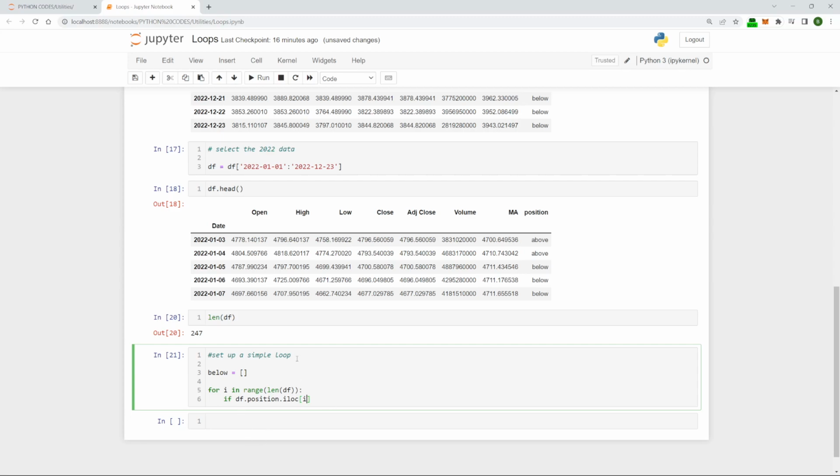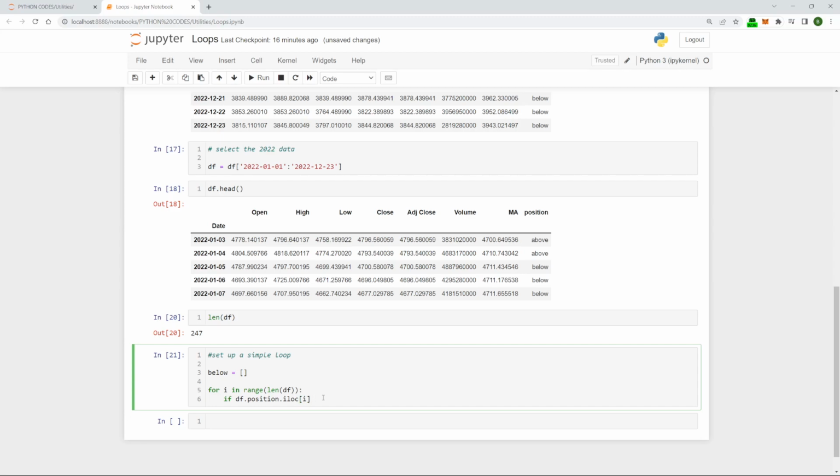For the actual row that we're checking, so iloc i, for the first one, if this particular column value equals